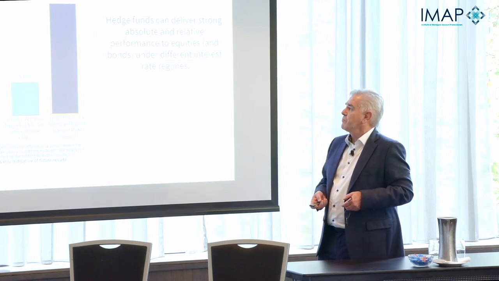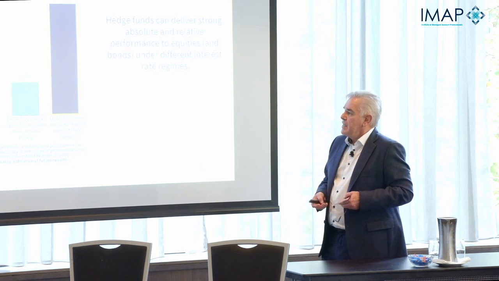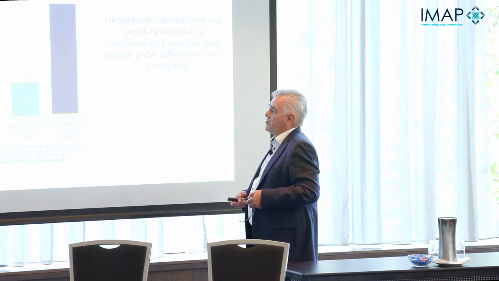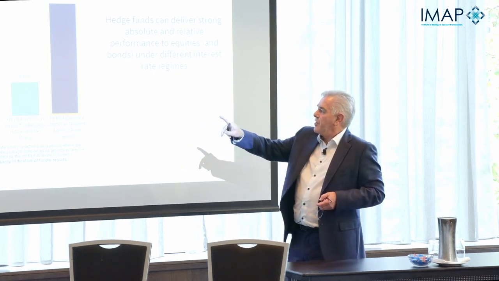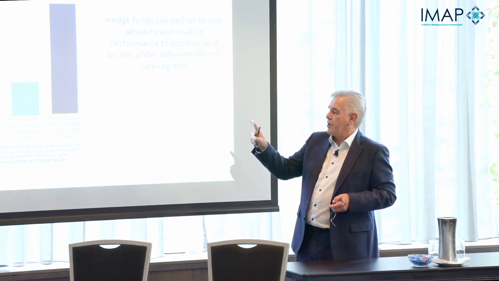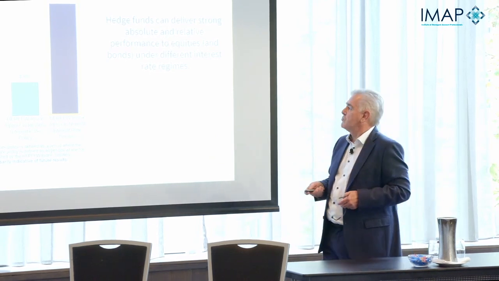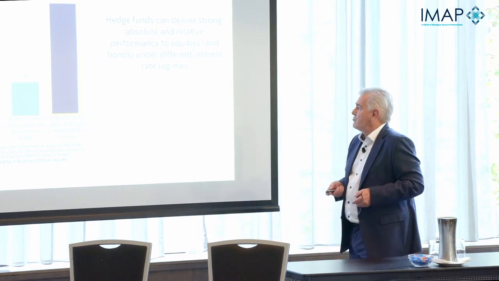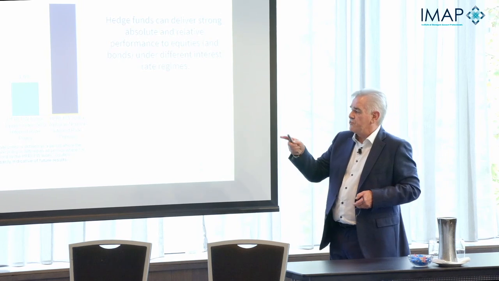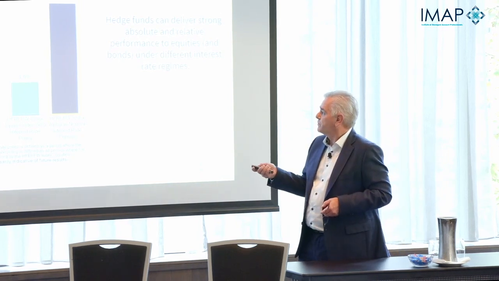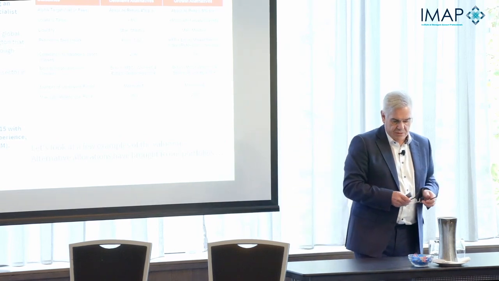Once again, a tailwind for alternatives in particular, but it'll go into private equity as well, is if we have a look at the annualized returns on the left-hand side for hedge funds and equities, and then you look at the Sharpe ratio of those, there's a real benefit in having those sorts of things from a portfolio construction point of view. So your absolute returns and relative performance to equities under different interest rate regimes is actually really, really positive. So I'm going to run through a bit of our journey now and what we have done.